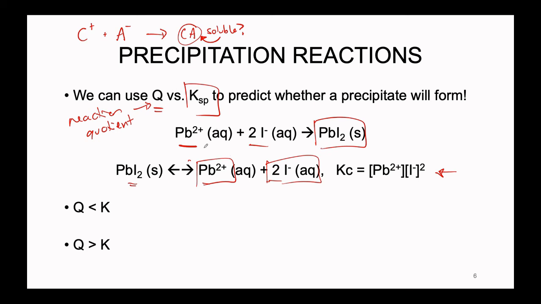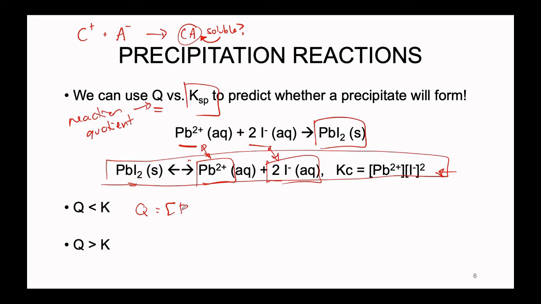Again, if we write the reaction in the forwards or reverse direction, it doesn't matter, just so long as we are looking at the problem consistently. And so this is going to be the consistent perspective that we are going to take, since we have an equilibrium constant here that we can actually compare initial conditions to. If we know the initial concentration of our lead and our iodide, we can compare the initial conditions to Kc by taking the initial conditions and inserting them to find a reaction quotient, Q. Right, so here's our Pb2+ initially, and our iodide